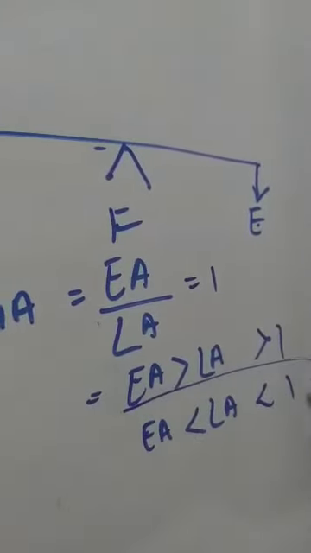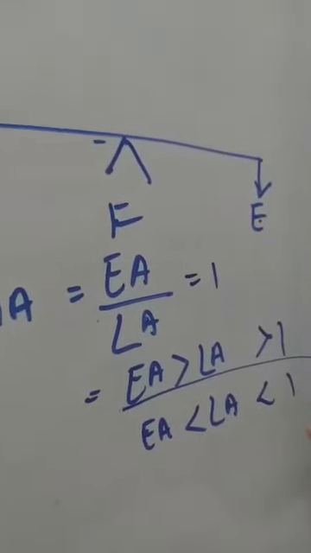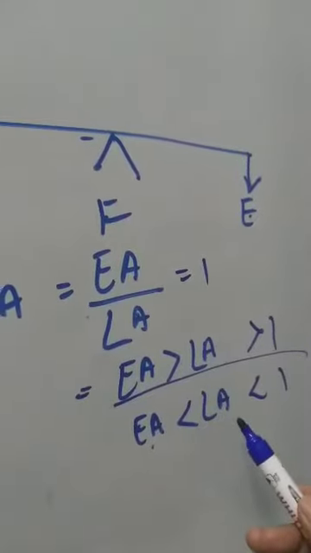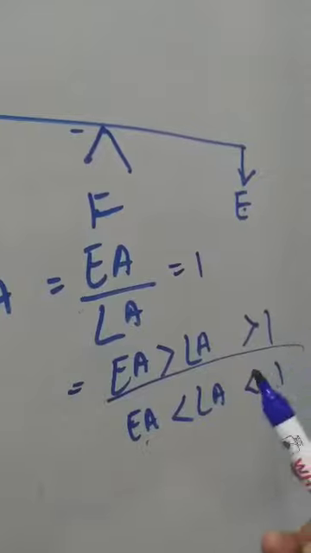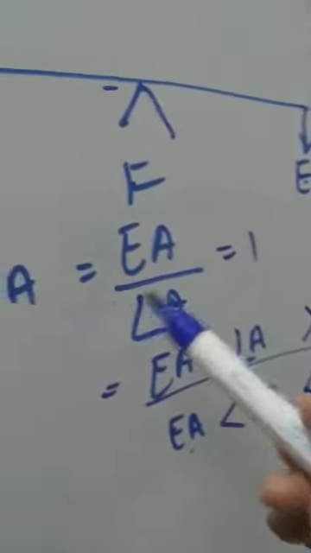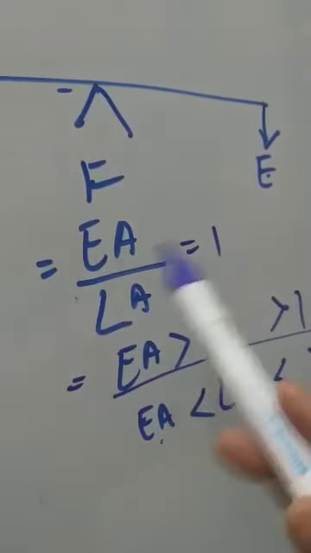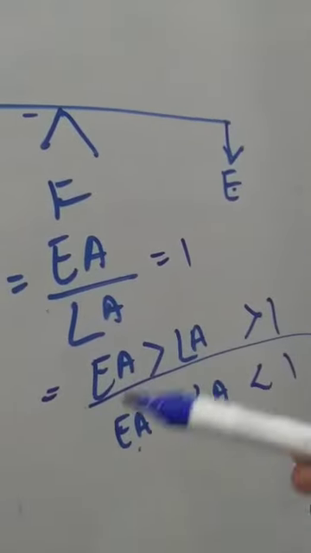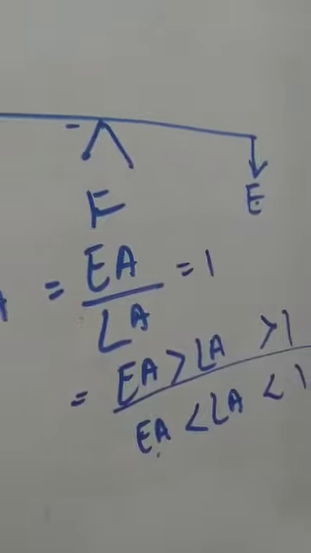When effort arm is greater than load arm, then mechanical advantage is greater than 1, and it will be acting as a force multiplier. When effort arm is less than load arm, as the mechanical advantage is less than 1, then it will be acting as a speed multiplier. Now let us take the examples. Effort arm equal to load arm, you can have seesaw, physical balance, etc. Then effort arm greater than load arm and effort arm less than load arm, you can have very good examples, and both are class 1 levers.